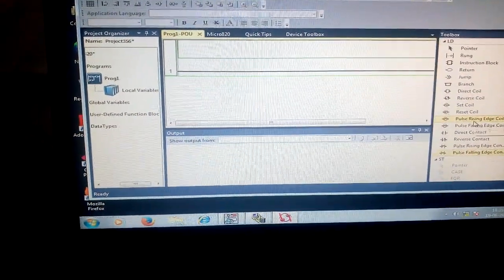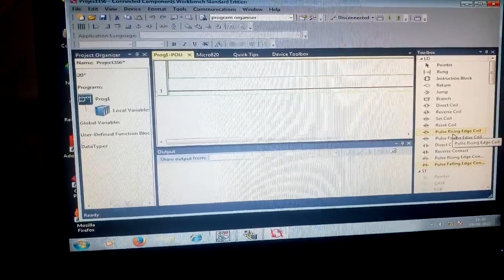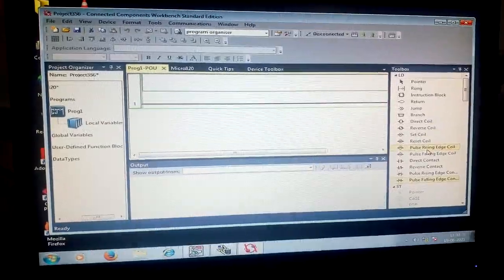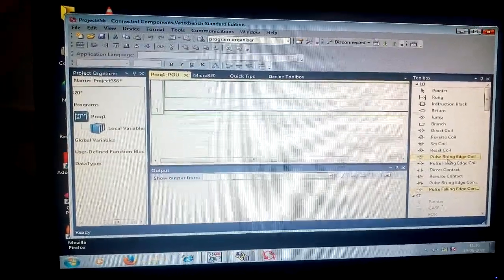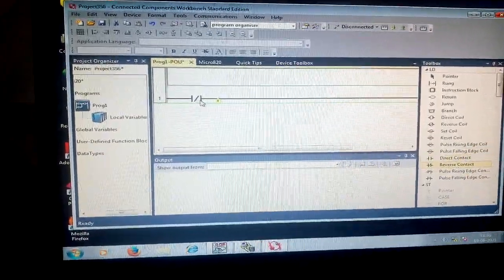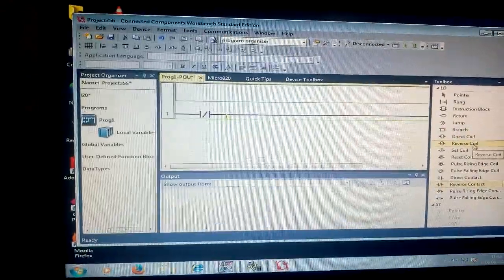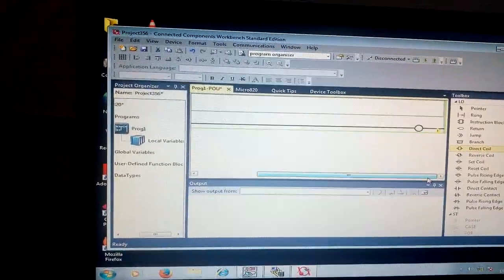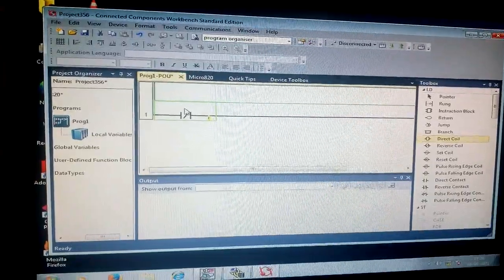For the NOT, you can take a direct contact and reverse coil, or else a reverse contact and direct coil. So let us take the reverse contact. Here we have obtained the reverse contact. Then, for seeing the output, let us take a direct coil. Now for this we need to assign some inputs.